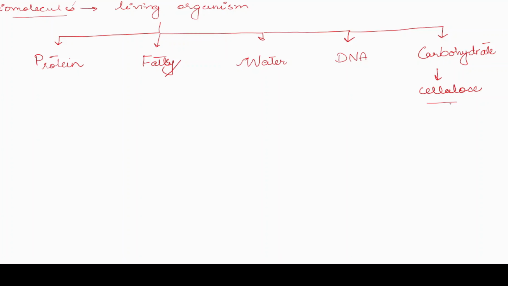Where do you think carbohydrate is present in the animal body? In the human body or in the animal body, carbohydrate must be present somewhere. Can you name any one part where this carbohydrate is present? It can be in your bloodstream. Yes. So it's present in the form of glucose. All the energy that we get is because of glucose.